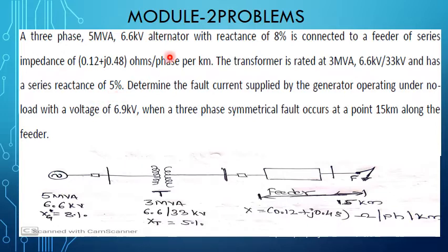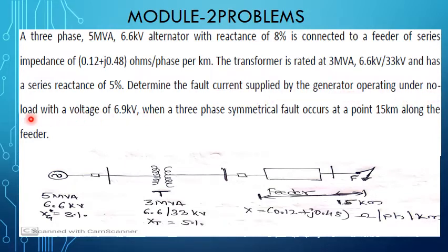So by using these various parameters, the power system consists of mainly three components. One is the alternator having the ratings of 5 MVA 6.6 kilovolt and its reactance value is 8%, followed by a transformer having 3 MVA 6.6 / 33 kilovolt and its reactance value is 5%. Then this transformer is connected to the feeder of length 15 kilometer, and it has a reactance value of this much. Okay, so in this problem statement we need to determine the fault current supplied by the generator operating